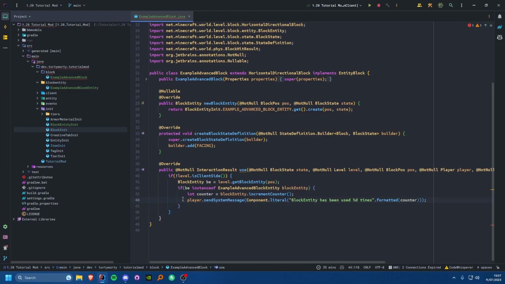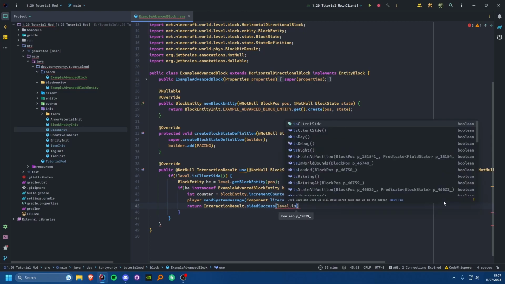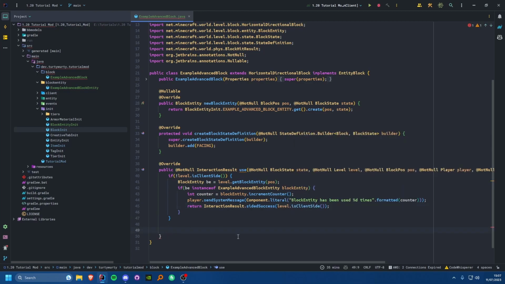So if we reach this part right here, we just want to return InteractionResult.sidedSuccess(level.isClientSide), and then else we're just going to return super and fantastic. Yeah, that does still give us the deprecated error because once again IntelliJ is being stupid, but you can just ignore that and it would be perfectly fine.